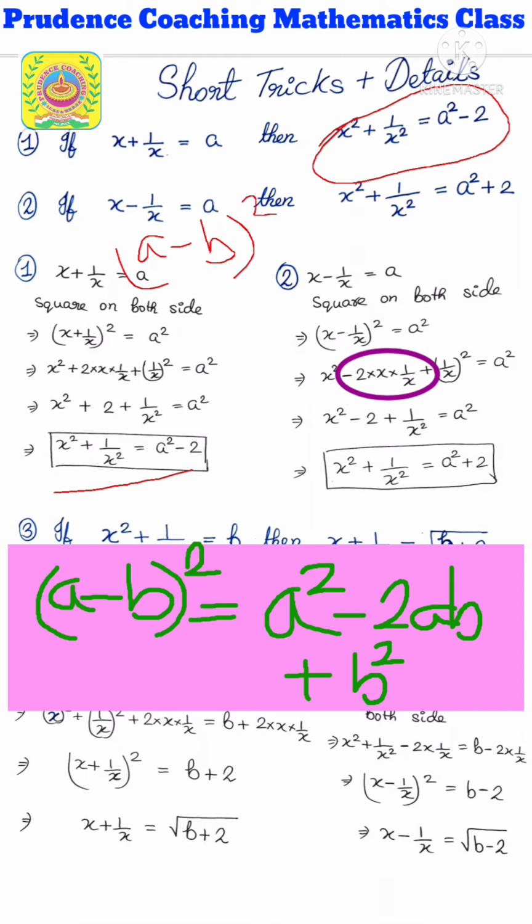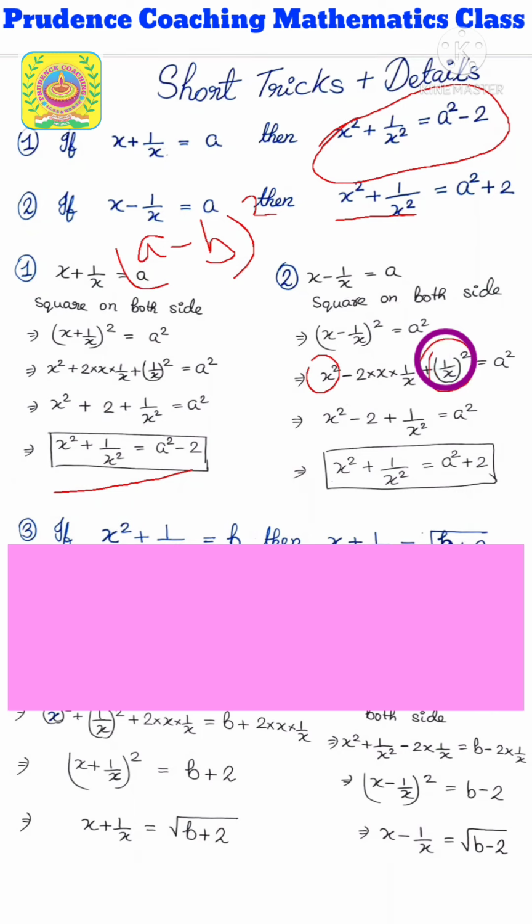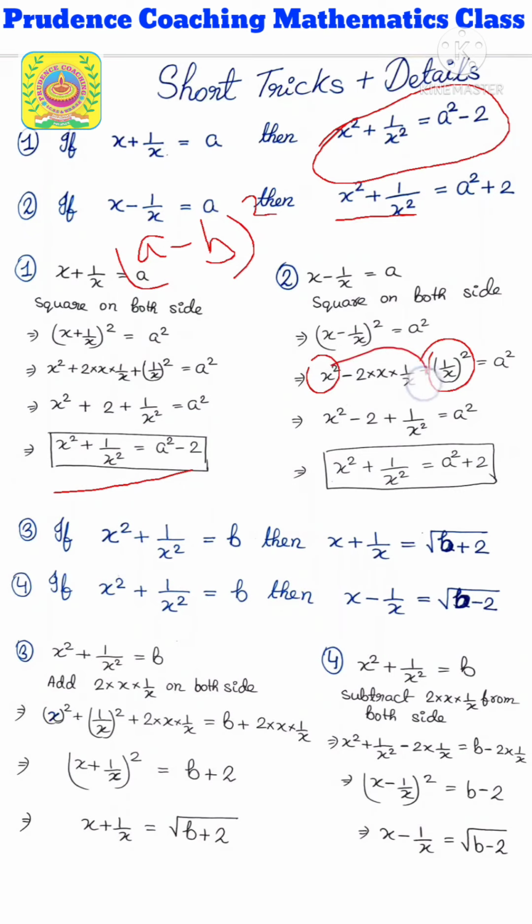Now, as you can see, we need to find out the value of x square plus 1 by x square. So, by putting these two things on the left hand side and taking other things on the right hand side, we can find out the value. So, here, before